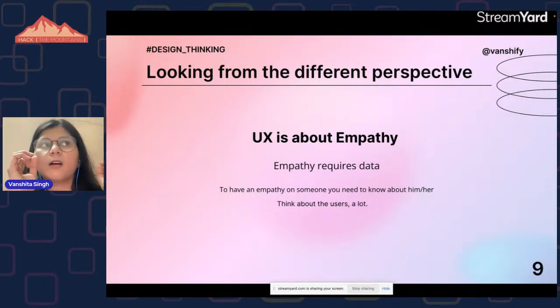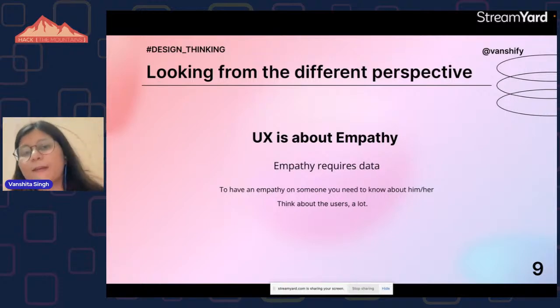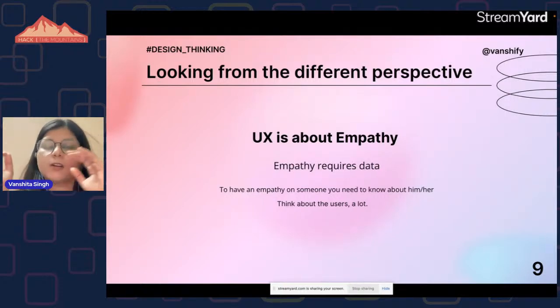For a small kid, will that product be feasible? For a normal youth, will that product be feasible? And for a normal Gen 3 person, will the product be feasible? You have to think from the perspective of every user, and for that it requires data, it requires research.